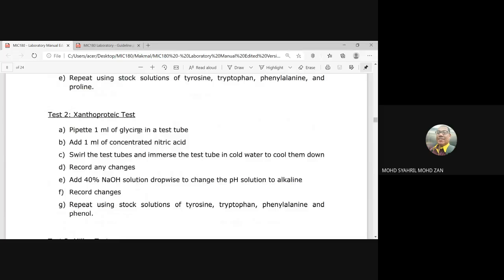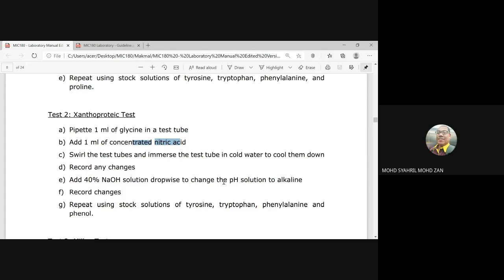Test number 2, xanthoproteic test. Pipette 1 ml of glycine into a test tube. Put in 1 ml of concentrated nitric acid. So please bear in mind, please be aware, this is a very dangerous substance, concentrated nitric acid. Swirl the test tube and immerse it in cold water to cool it down. Okay, swirl, all right. So record any changes, and then after that, put in 40% NaOH, sodium hydroxide solution,